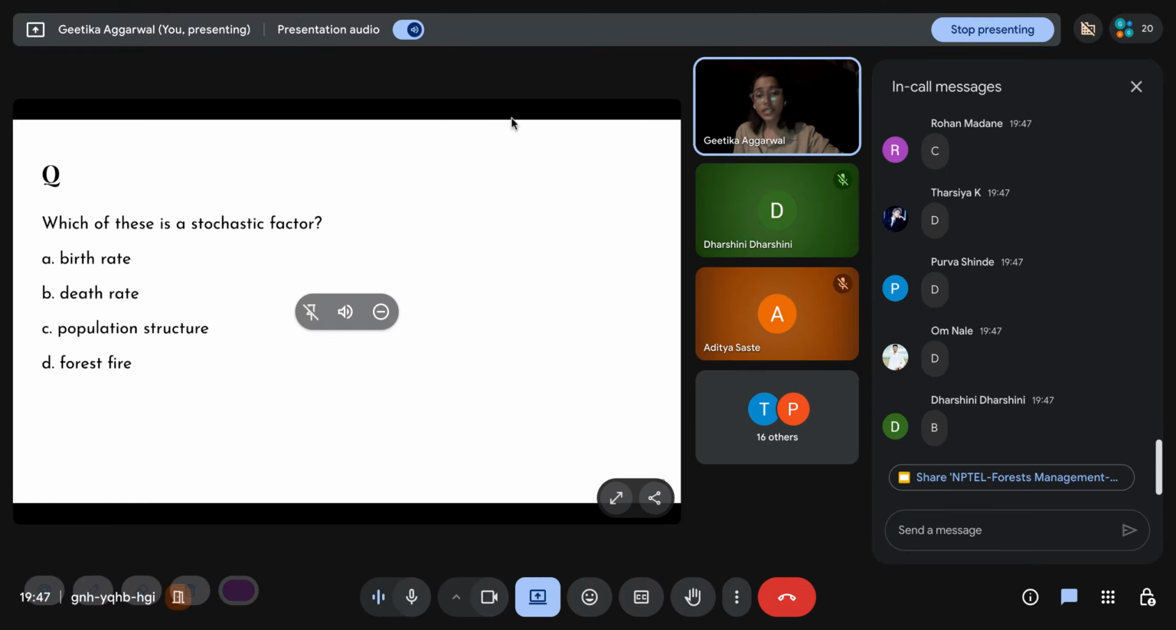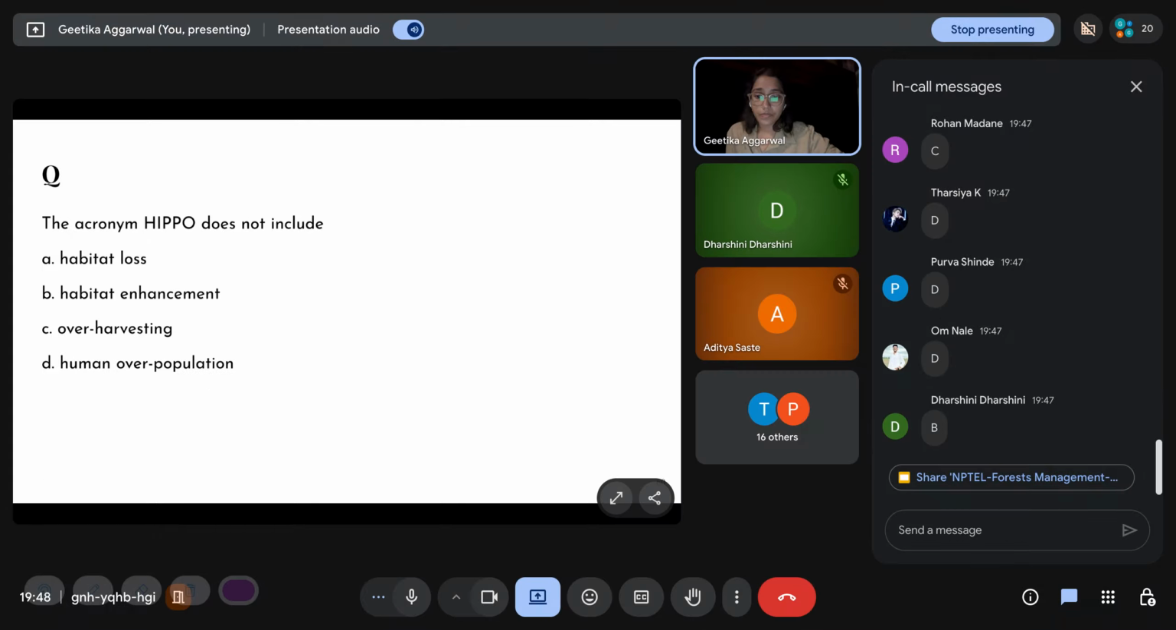Yeah, so you guys are correct. So basically, forest fire would be a stochastic factor. As we discussed, catastrophes are stochastic factors for population structure or population dynamics. Birth rate, death rate, population structure, all of these are deterministic factors. Very good. The acronym HIPPO does not include